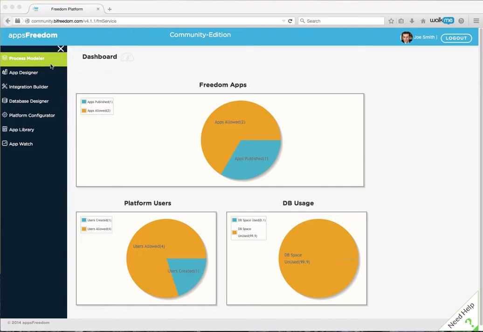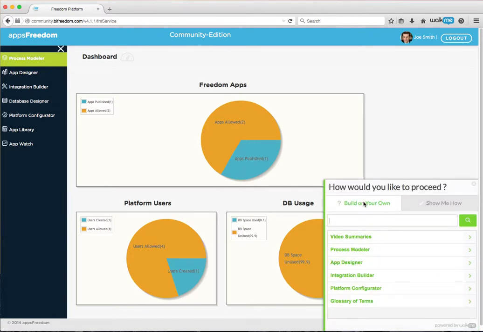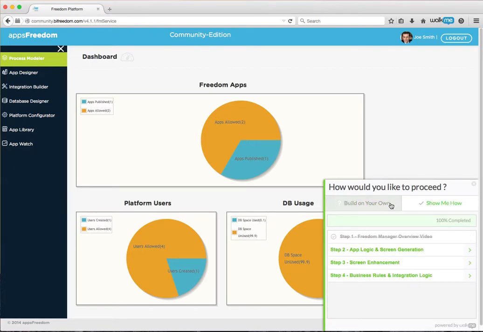On the top, four modules are really the development modules, and the bottom three are the administration and the management modules. On the top right corner, you have access to update your profile. On the bottom right corner, you have access to the help area. This is where you can access different help sections or even click on how to guide you through the app process.